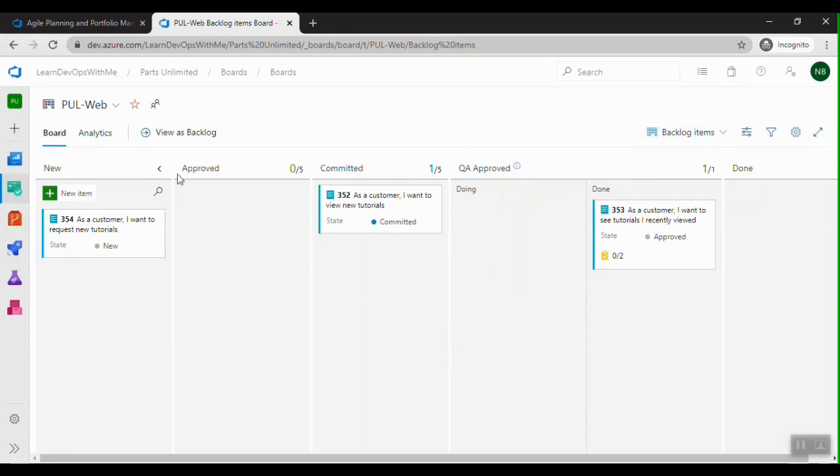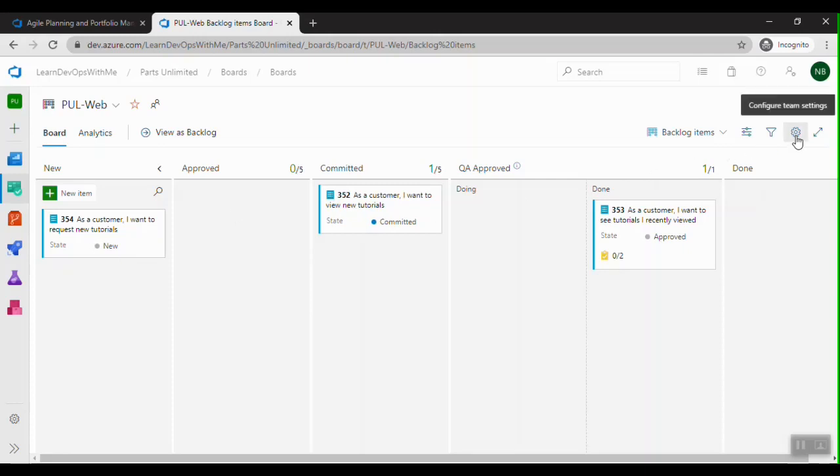So we have seen these vertical columns where I can track the status of my PBIs, whereas swim lanes provide the horizontal classification of the items, right? So if I want to have a horizontal classification where I'll say items which are very critical or which should be done fast, expiry date, right? So I want to put those things on a high priority and others on the other swim lane.